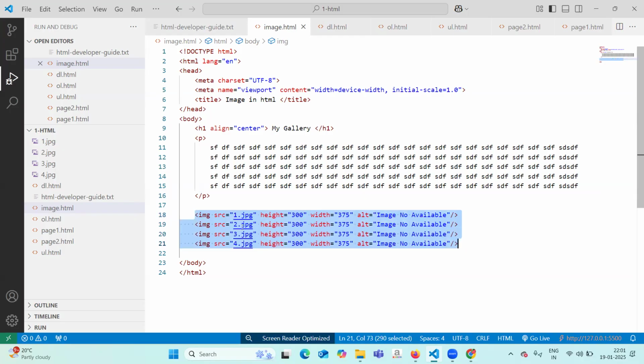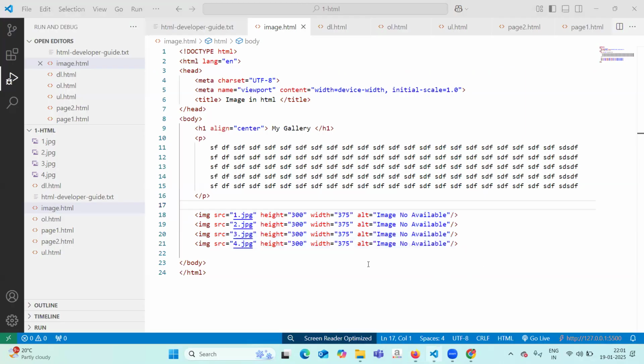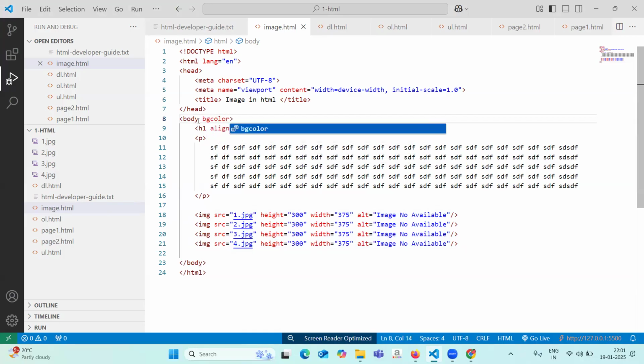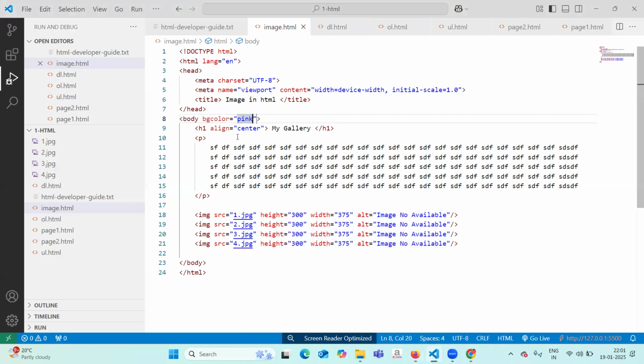Sometimes you want an image as a background, no problem. We can set an image as the background also. A full page background we can set as an image. We can change the background to a color also. You can see the body tag we have. We have a property called bgcolor, right? bgcolor pink. Suppose I run the page, the background becomes fully pink. So one file is ready. Next file,